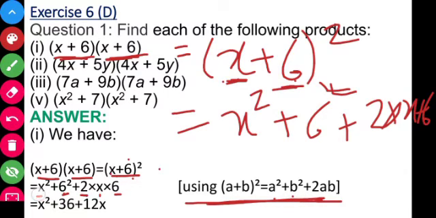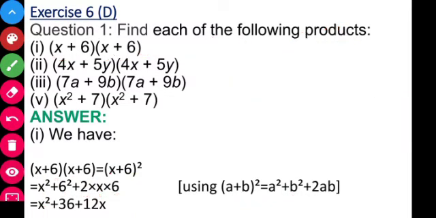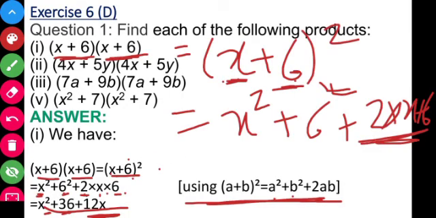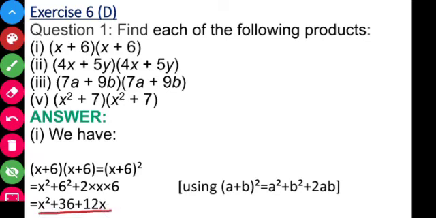Understand? So now x square and 6 square is 36, and 2 into x into 6, this will be 2 sixes are 12x. Understand? 2 sixes are 12x. So the answer will be x square plus 36 plus 12x. Understand? Similarly you can do the second part, 4x plus 5y into 4x plus 5y, this will be 4x plus 5y